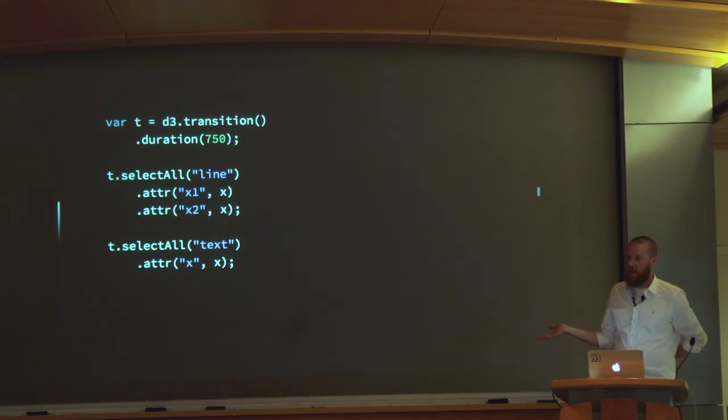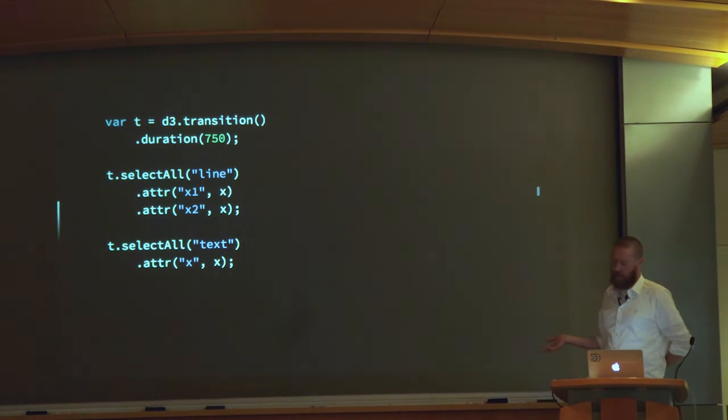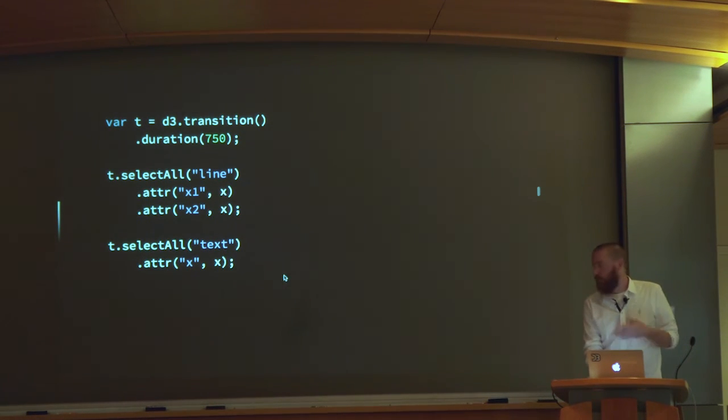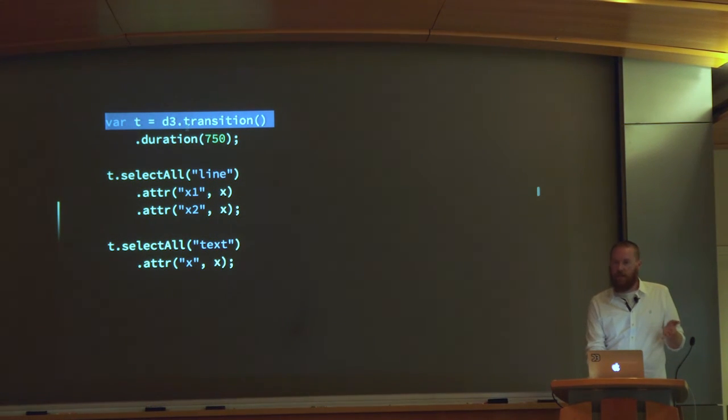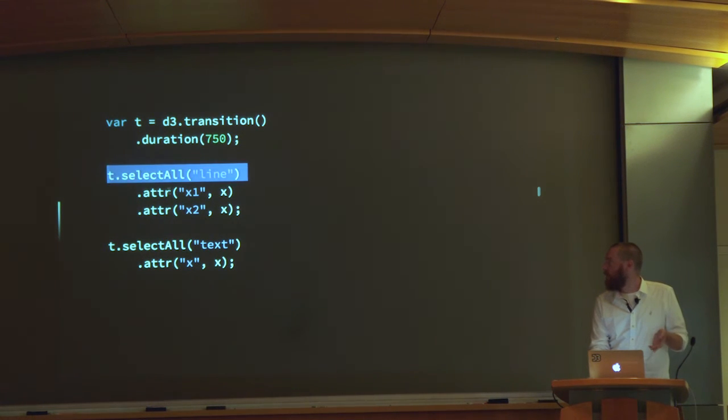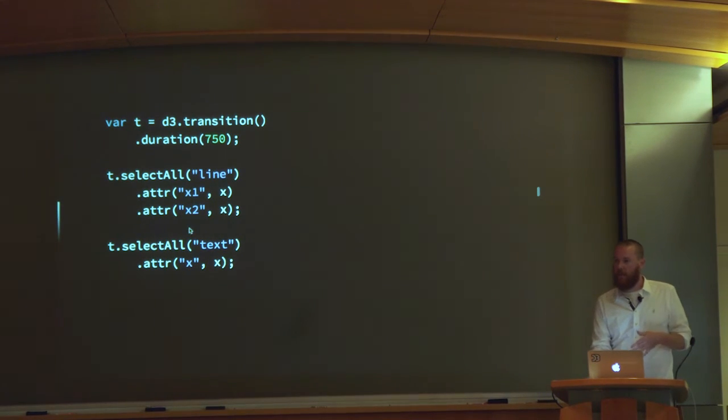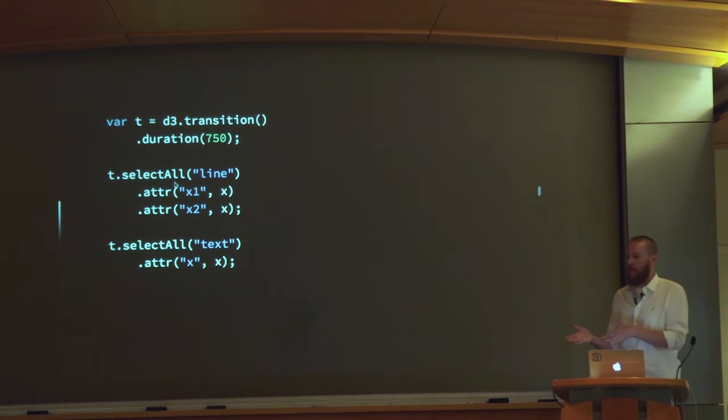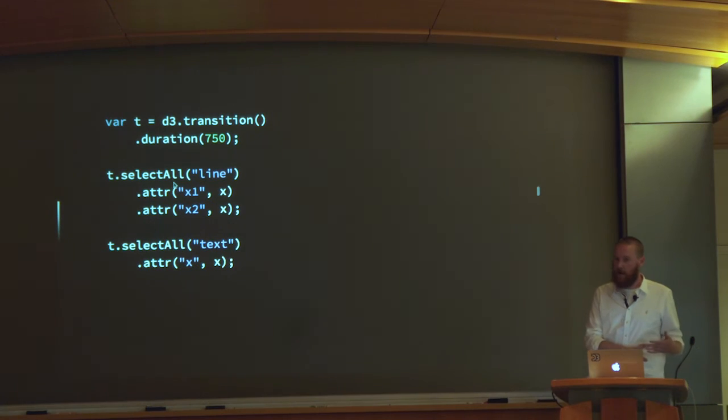So there's actually a cleaner way of doing this sort of thing in both older versions of D3 and the new versions of D3. And that is you can declare this root transition or any transition, and then you can subselect elements from that transition. So in this case, I said d3.transition. That's a transition on the document root. And then I'm selecting all the line elements, and I'm doing these changes, and I'm selecting all the text elements and doing these changes. And because I used transition.selectAll, it's automatically inheriting those timing parameters from the parent element down